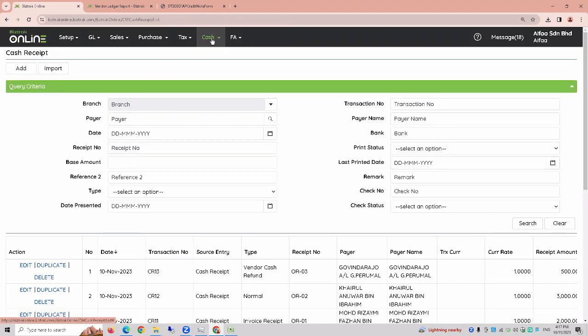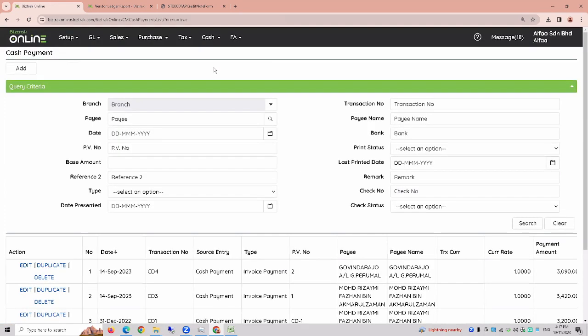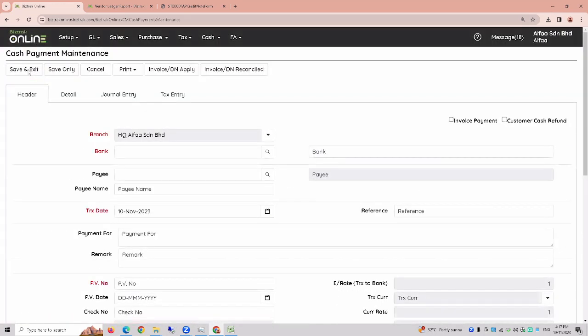So what if you want to record the cash payment? We can go to the cash and then click at the cash payment. As usual, to add a new cash payment, just click the add button here. And then you can select either you want to record the invoice payment, which is meant for your supplier invoice, or you want to record your payment for customer refund, or you want to record the normal cash payment. Maybe you want to pay for the florist or whatsoever, then you can untick the two of these checkboxes